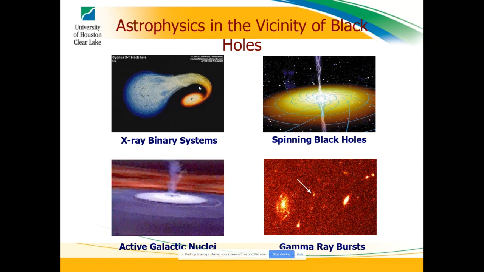So you could see here as an example, we have these things called X-ray binaries, where they would just see this source of X-rays coming out of nowhere. And what's happening is a black hole is orbiting a star, and material from the star is getting sucked off into the black hole. And as the material falls into the black hole, it goes faster and faster and faster. And the light that it ends up emitting ends up in the form of X-rays, because as they fall in, they get more and more blue shifted because they're going faster.